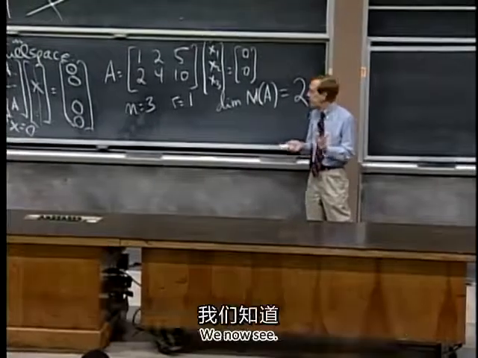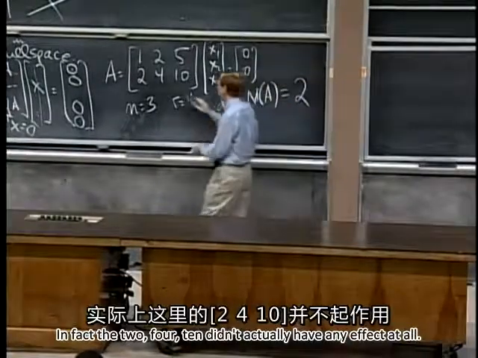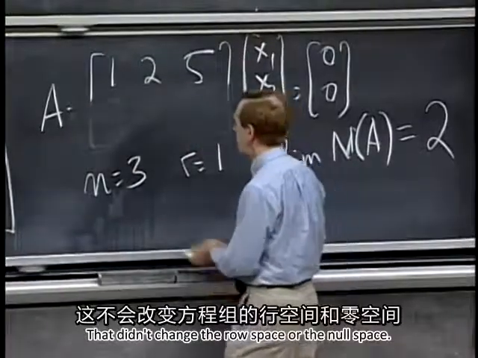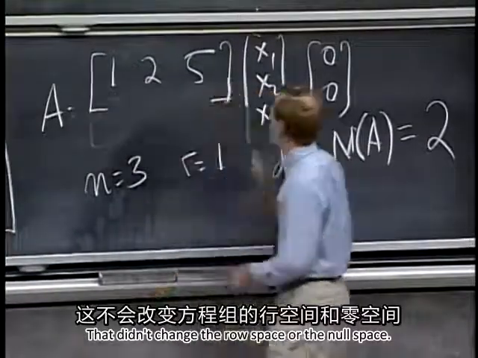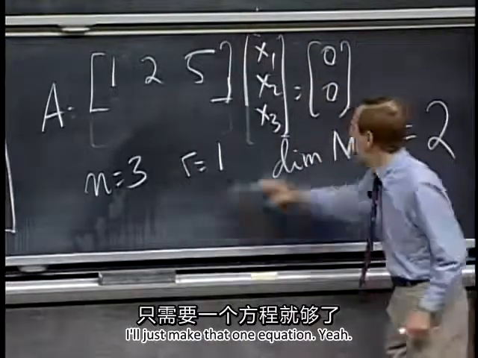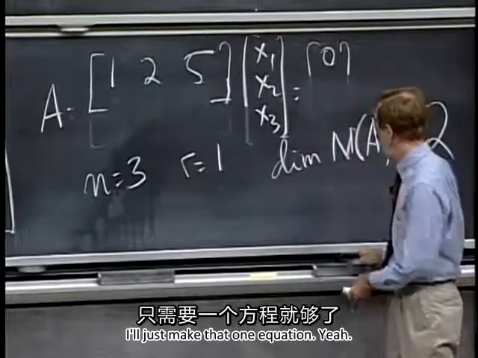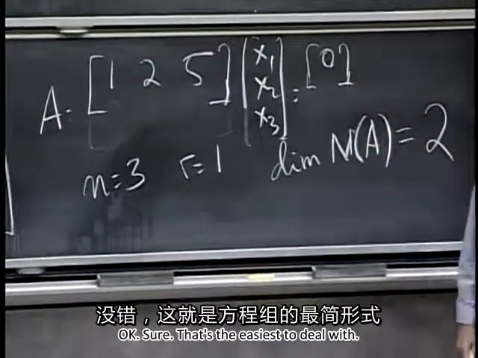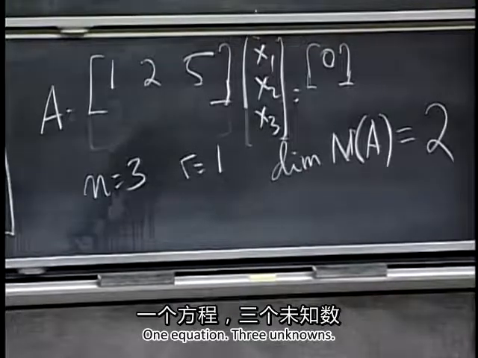Right? We now see. In fact, the 2, 4, 10 didn't actually have any effect at all. I could have just ignored that. That didn't change the row space or the null space. I'll just make that one equation. Yeah, okay, sure. That's the easiest to deal with. One equation, three unknowns,